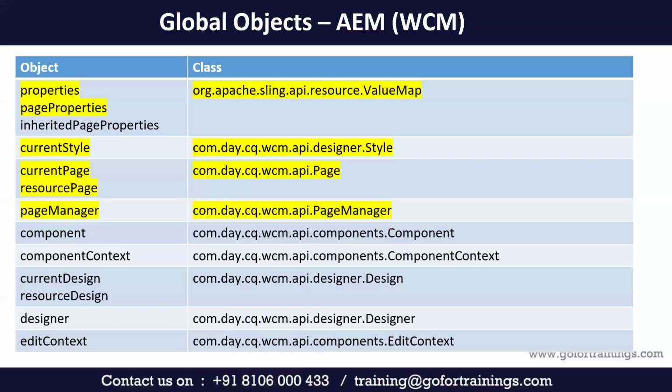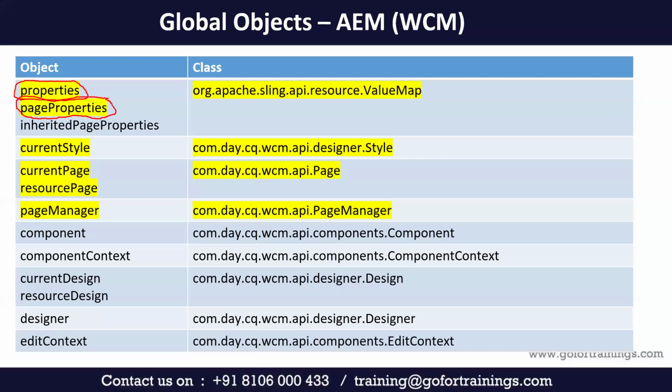So we have around 28 global objects available. All these objects would be available to your .html file in the runtime. Properties is the most frequently used global object to read the content node properties. Page properties is also one of the most frequently used global objects to read the page level JCR content node property